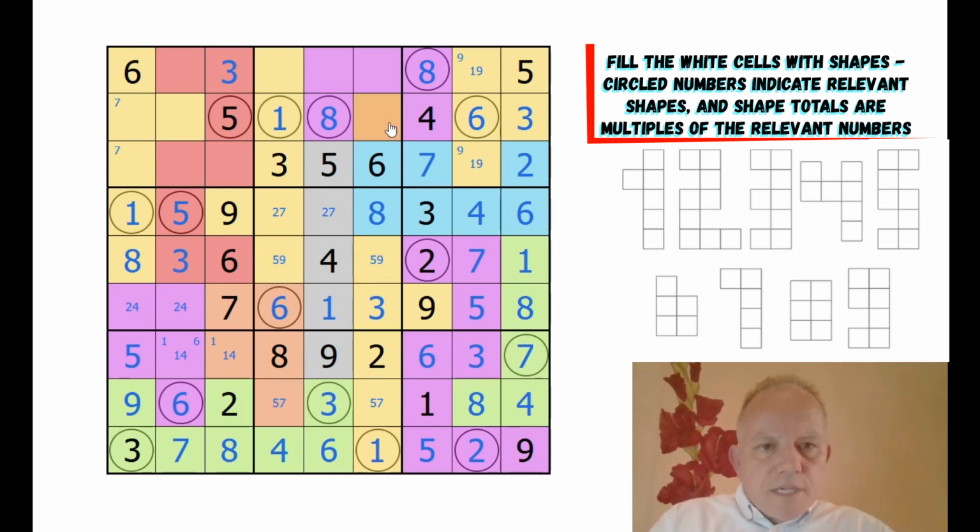Right, 2, 7 and 9. 7 or 9 here. So 4 in this column has to be here. 6, 3, 4, 8, 5. 1 or 4 there. 6, 6, 7, 7. Oh, 7 is fixed now. 7 is there. That makes this one a 9. 2 and 7 up there in